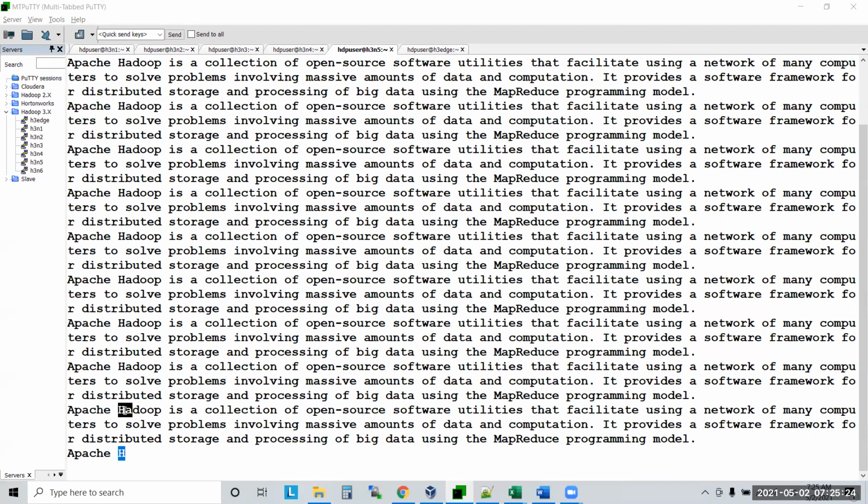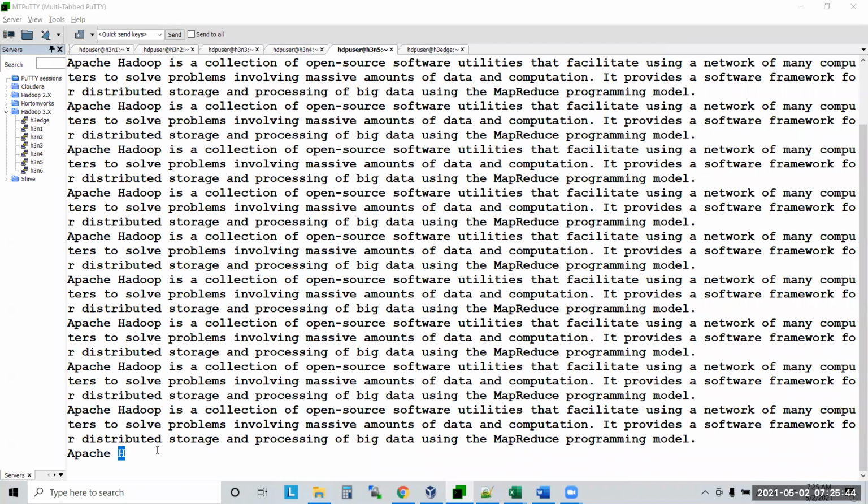It has cut at H. Why has it cut at H? Because it reached 128 MB there. Wherever it reaches 128 MB, it will cut the file there. It reached 128 MB at H.